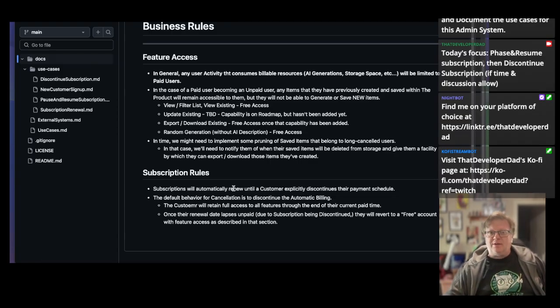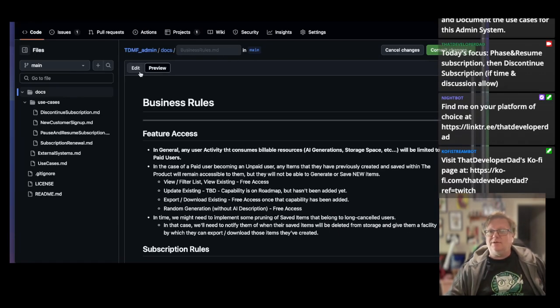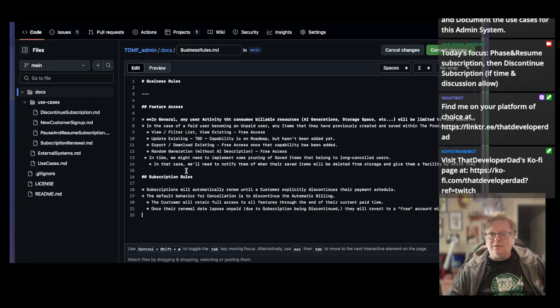Subscriptions will automatically renew until a customer explicitly discontinues the payment schedule. Cancellation is to discontinue the automatic billing. I have some spelling errors, etc. So let's go back to edit. All right. Now, in case of a paid user becoming a free user, any items that they've previously created and saved, yeah. Automatically renew until a customer explicitly